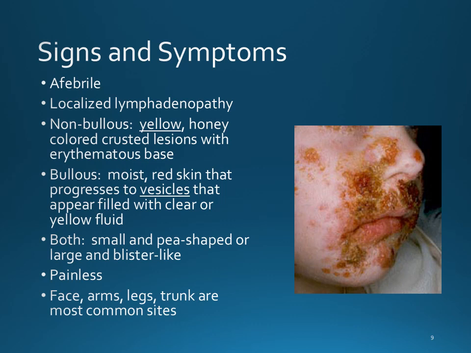The other thing that differentiates this to a certain degree is what the lesion looks like. So there are 3 forms of impetigo. There is a bullous, a non-bullous, and a combination of the two, okay? So bullous is usually the fact that you have some sort of papule or pustule.